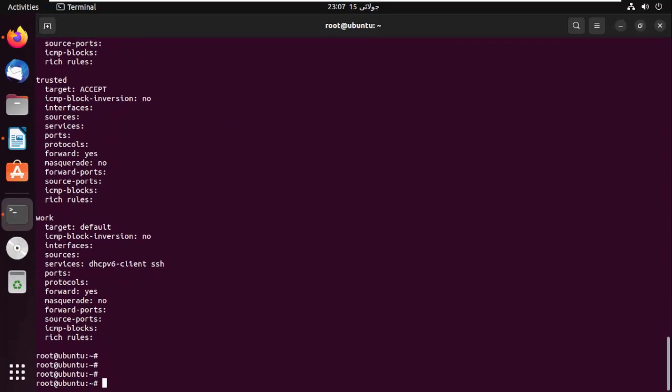So let me check the services under a specific zone, which is public zone. To check the services of public zone, I will type in firewall-cmd. This is the utility which actually manages the firewalld. To check the services or ports available in public zone, I will type in firewall-cmd --zone=public